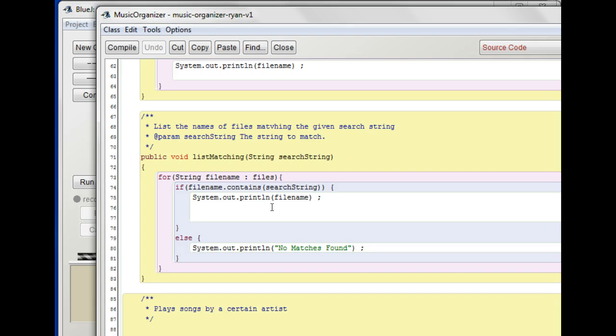That's absolutely fine. But what happens is you're still inside the for loop. So it's going to check every single file, and if the file is a match, it'll print it out. But if the file is not a match, it's going to say no matches found, even if some of these were matches. Okay, so the suggestion in the book is